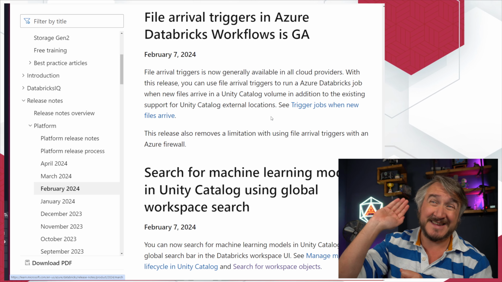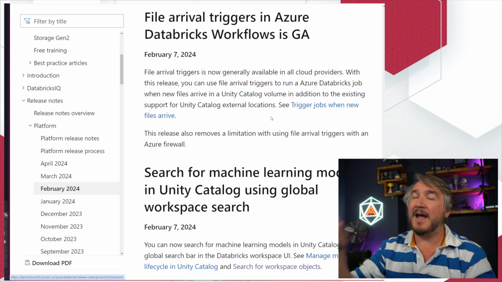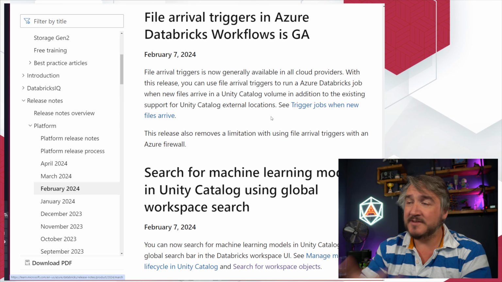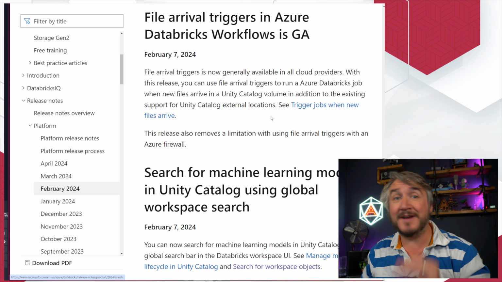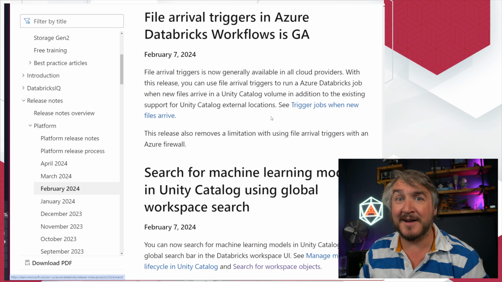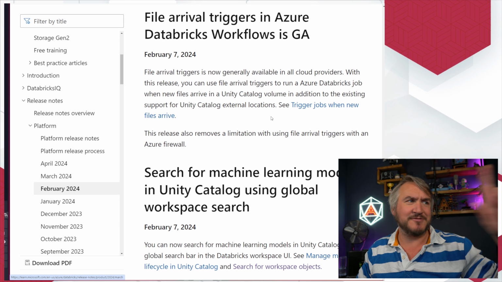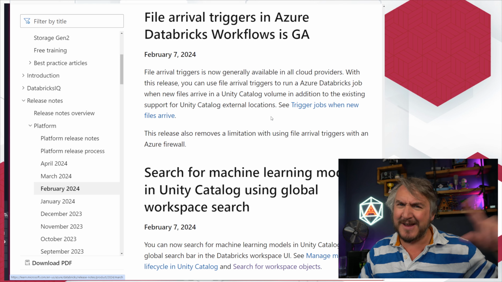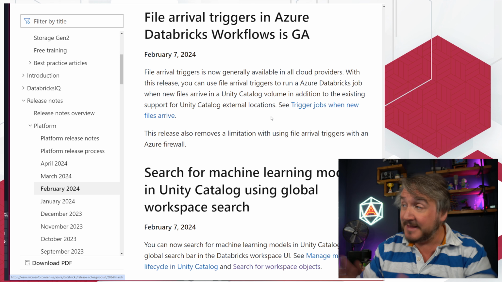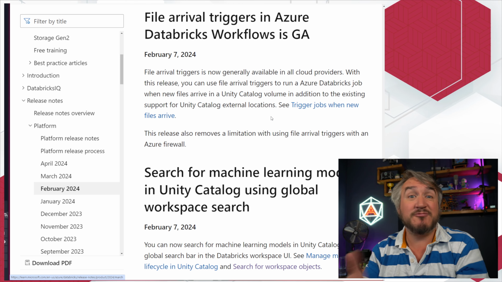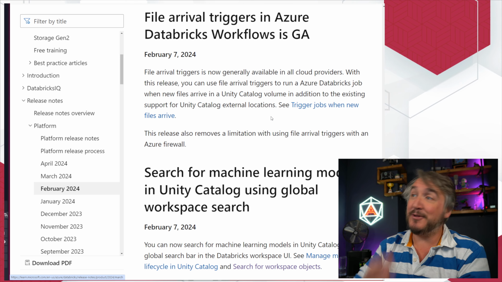So now if you've got a Unity Catalog volume, you can have that doing the same thing. If a new file arrives in that volume, you can say, oh, there's a new file, kick off a new job to go and process that file. You don't have to be running jobs every hour, every 15 minutes on a regular cadence to go, anything come in? No. Anything come in? No. Anything? No. Now you can just say, run whenever a file comes in, and it'll just get processed